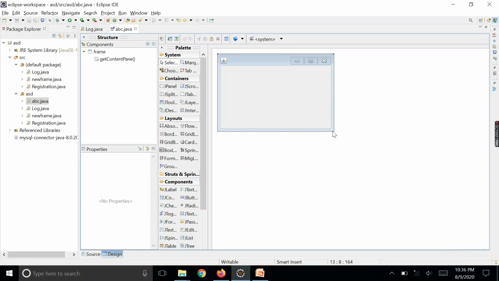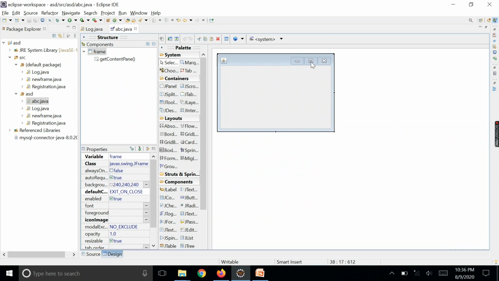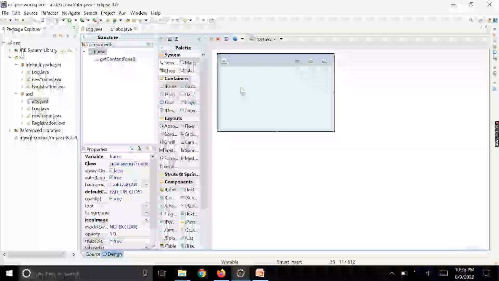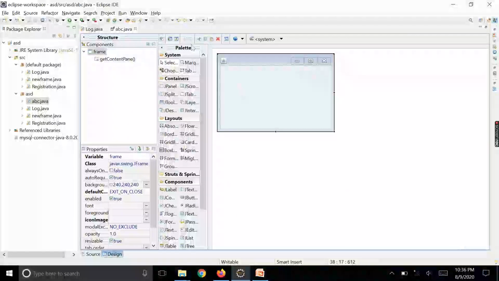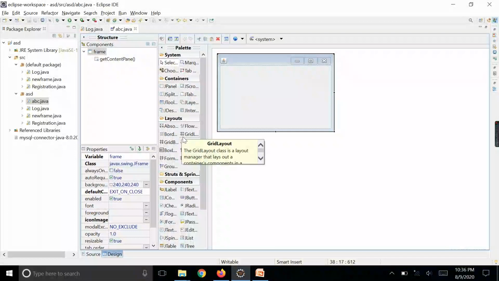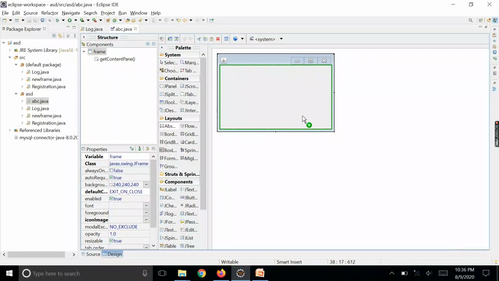So this is the layout. Here we can create different components. You see this palette includes all the components. Suppose this is my window, and for the window, if I take the layout first, the name of the layout is absolute layout.